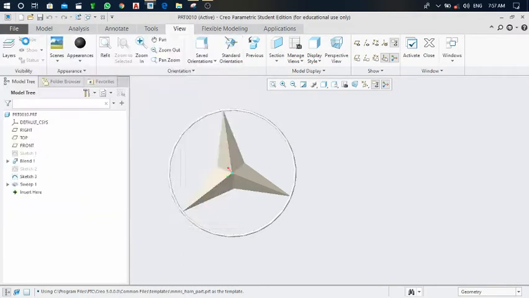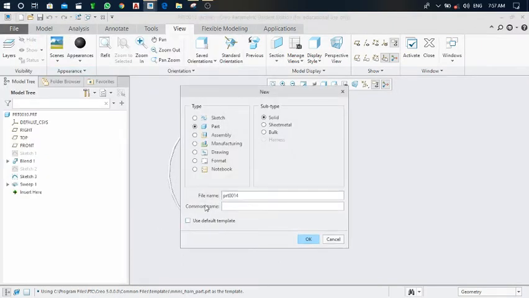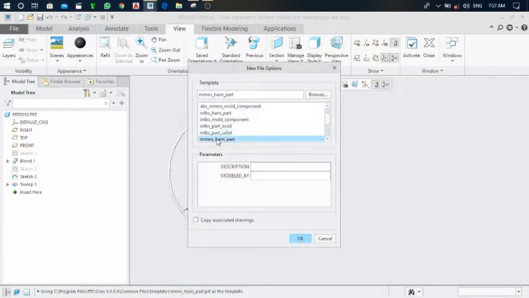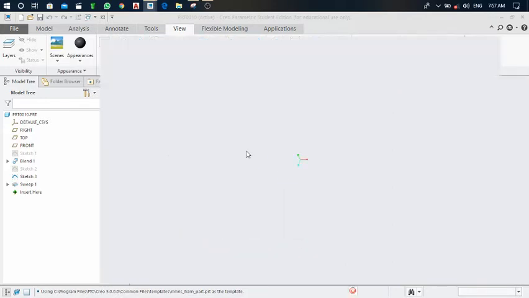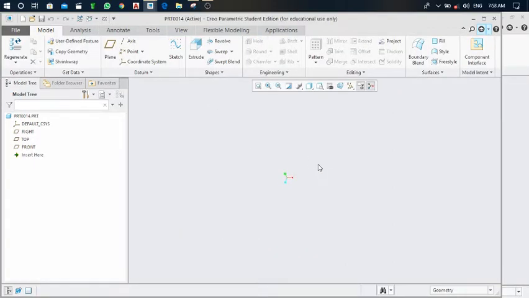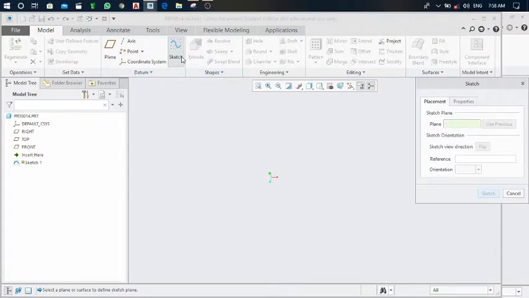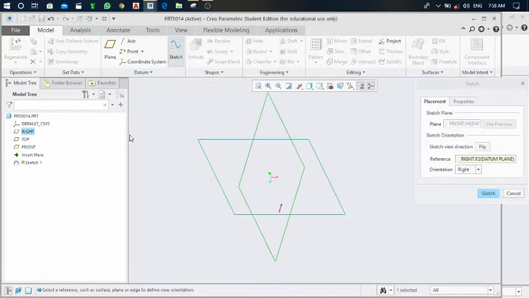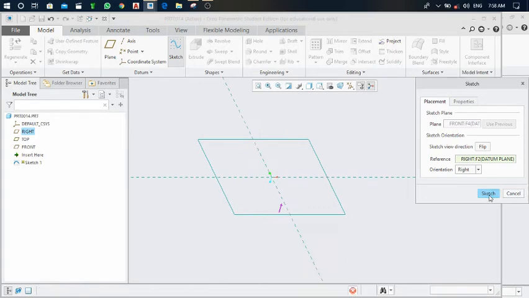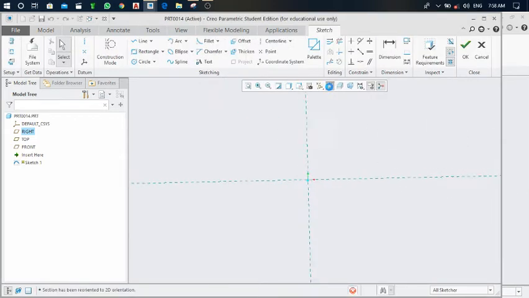Click on file, new file, and take this, click OK, click 2 millimeters, OK, and follow the procedure which I am doing. So first of all, let's click on sketch, select the front plane, sketch it. After that, normal view,